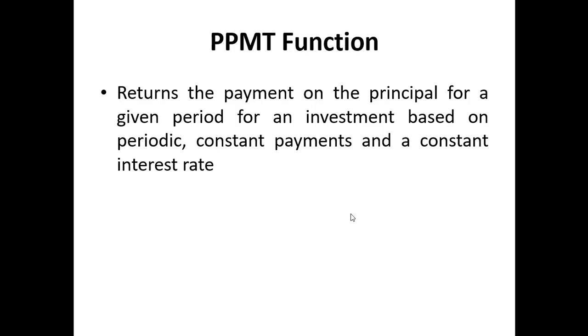Simply put, the PPMT function helps you identify the capital repayment of a particular installment. Here you are planning for an annual installment or a monthly installment. When you take this installment, the PPMT function will help you identify the capital repayment of a particular loan,